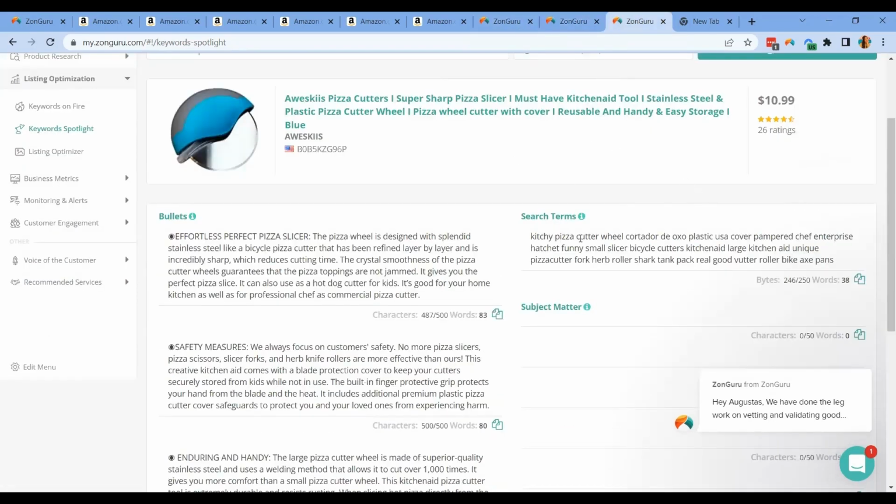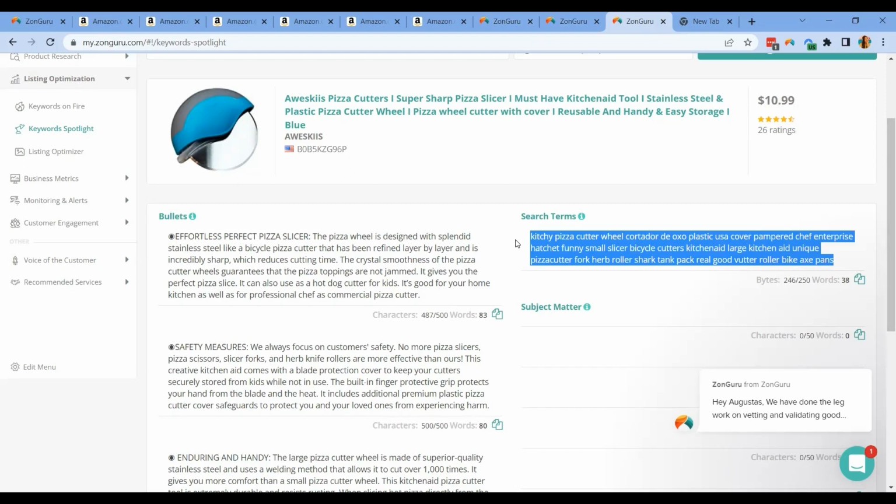So another competitor here also uses the brand name, and they also use Cortador de, another brand name, which is OXO, and USA. It can mean the marketplace or simply the location that they want to target. Pampered Chef is another brand. Again, these words may seem like gibberish or don't make sense to you, but try to mix and match and add some of these keywords to your listing from time to time and test it, to see if these will really help your product rank on those keywords. That would also mean another way for your product to gain more eyes and conversion.